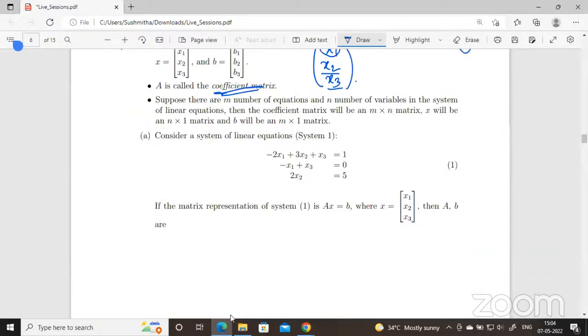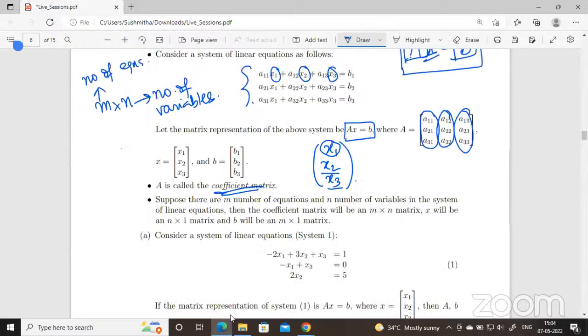Before trying to solve them, what do we usually do? If I have two equations in two unknowns, say x plus y is equal to 1, x minus y is equal to 0, how will I solve this? We solve it using elimination. You eliminate one of the variables, find the value of the other, substitute it back in one of the equations, and get the other variable. So elimination and substitution is what we have been doing.